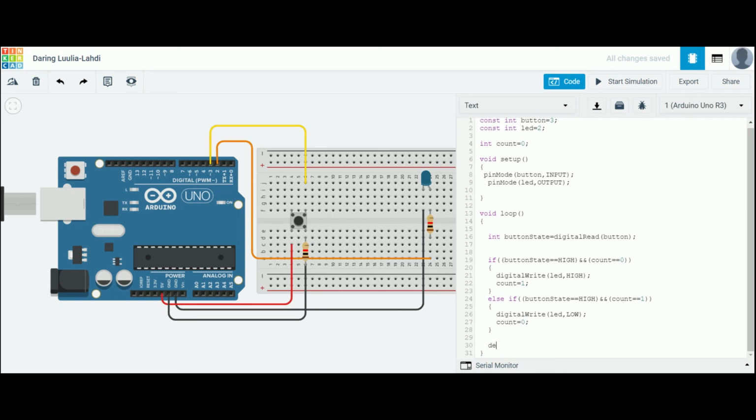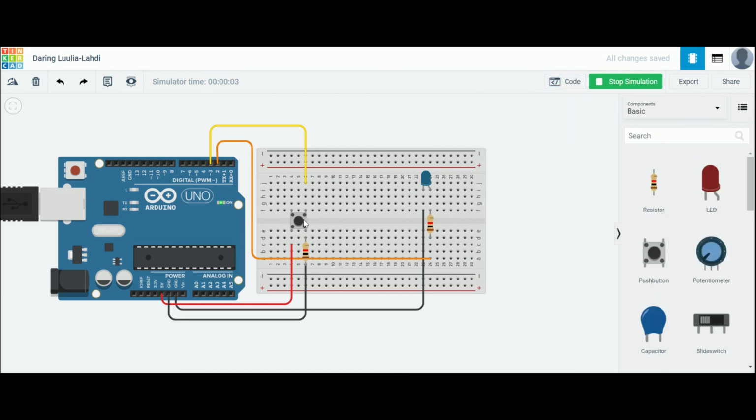At last, give a delay of 200 milliseconds. Then click on simulation. As you can see, we are controlling the LED with the same button.